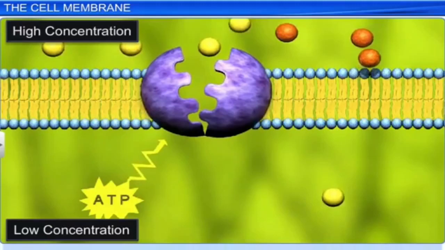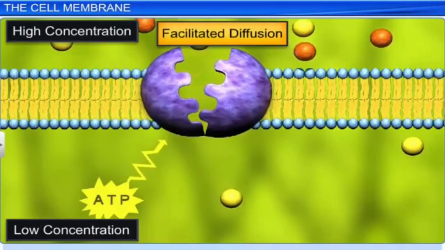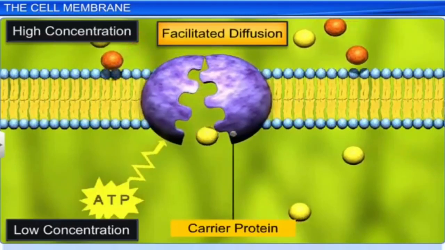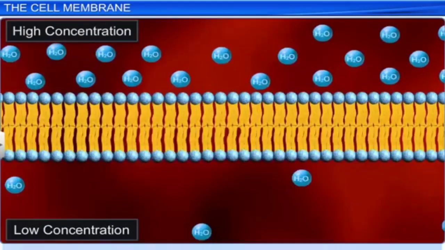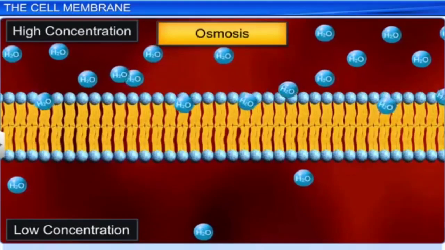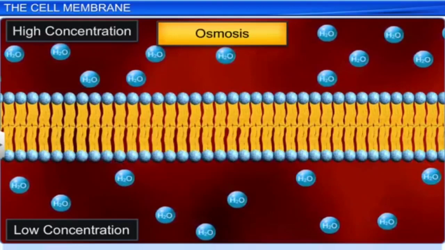molecules, such as glucose, are transported by facilitated diffusion, in which carrier proteins in the membrane change their shape and accelerate the diffusion process. On the other hand, osmosis refers to the movement of water molecules across the cell membrane through diffusion. In active transport,